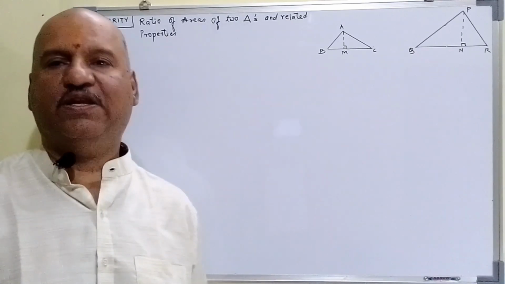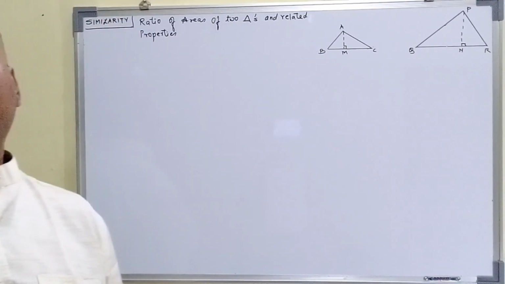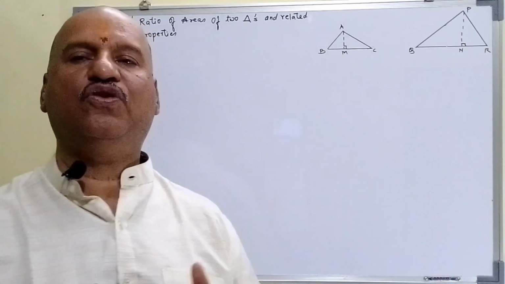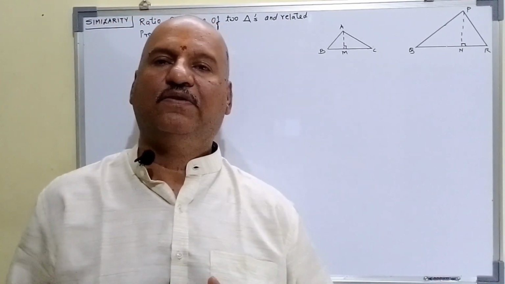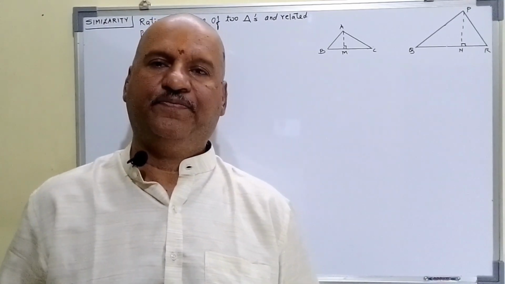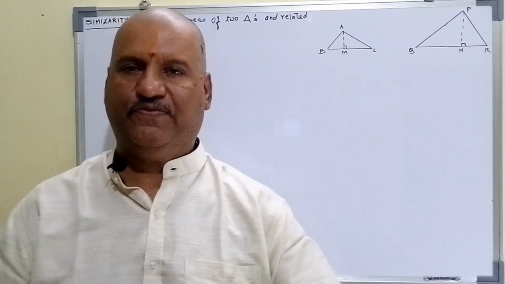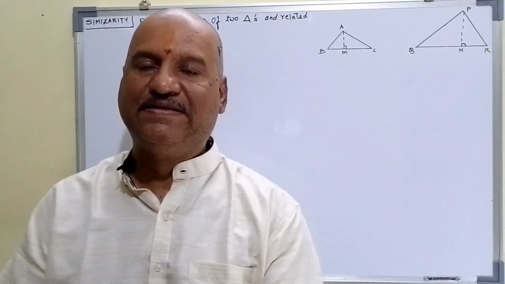So the first property is the ratio of areas. If we take these two triangles, the ratio of areas of two triangles is equal to the product of